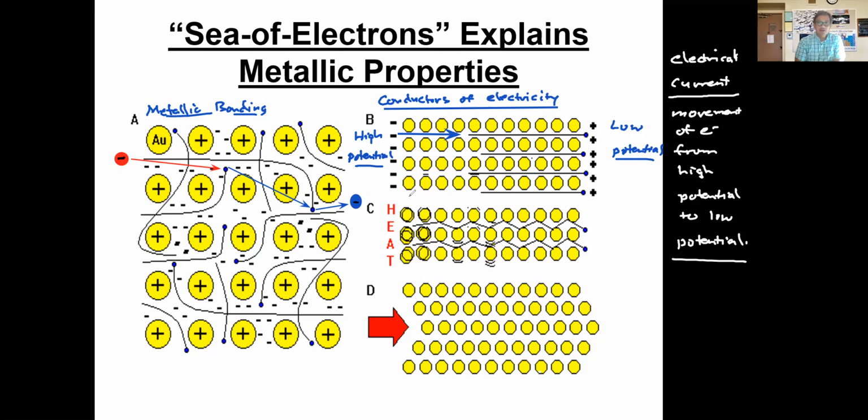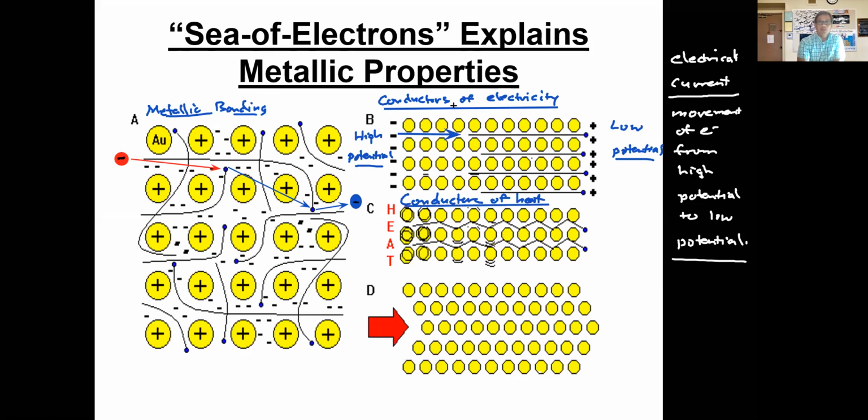All right. So we also said that metals are good conductors of heat. So in frame B here, we are going to take a look at how metals are good conductors of heat. So let's talk about how that works. Conductors of heat. Let's quickly backtrack just a little bit and talk about what heat is.